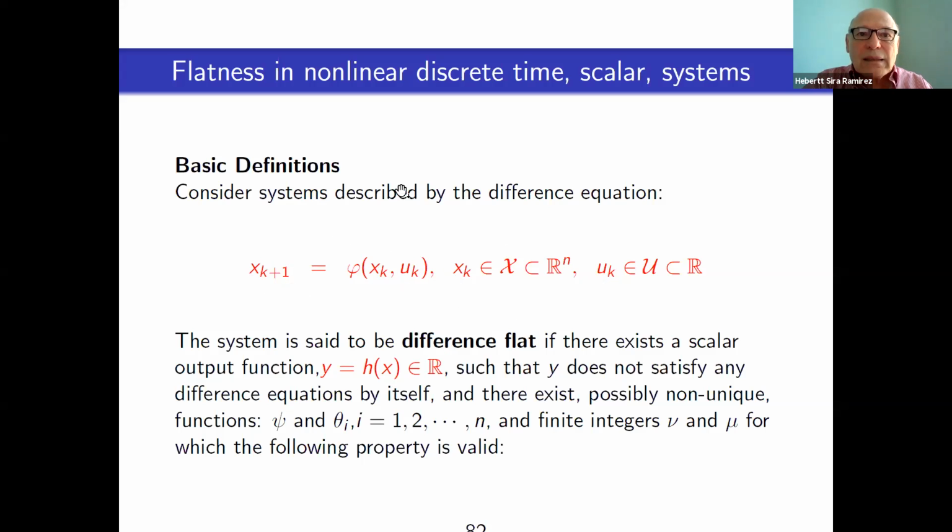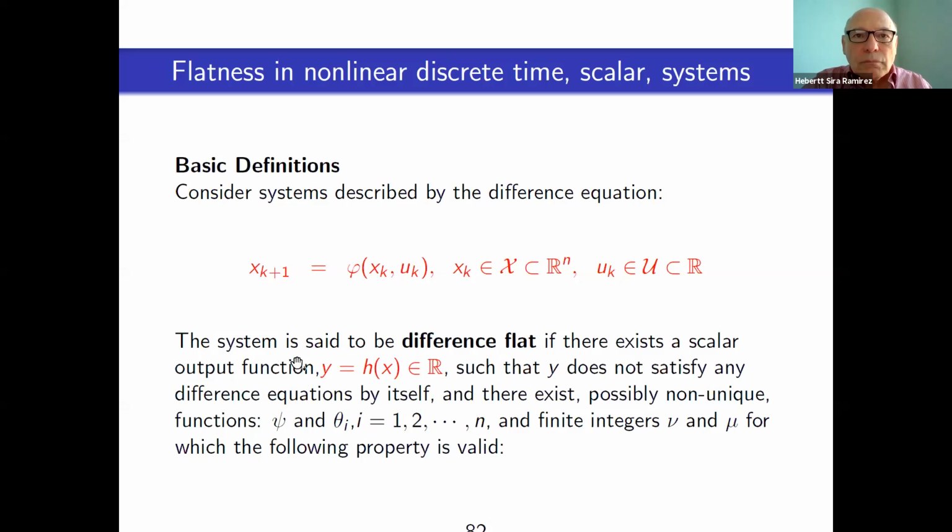So for us, a system will be called difference flat if you can find a scalar function of the state, and this is perhaps a restricted definition of flatness, because some other people allow for the presence of input too, and they distinguish because of the presence of inputs in that output variable to talk about one flatness and two flatness. So in order not to cloud the concept too much, we will stick to the case of static feedback linearization for the time being, which is properly handled in the one-dimensional input case.